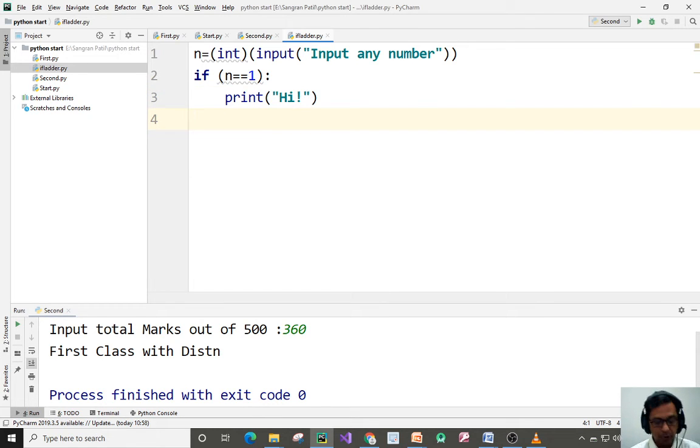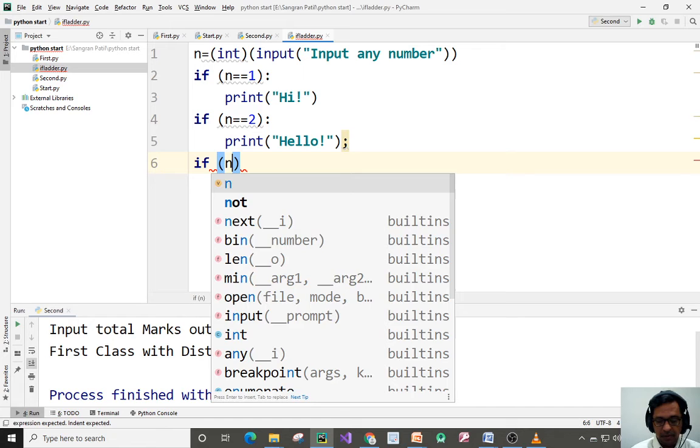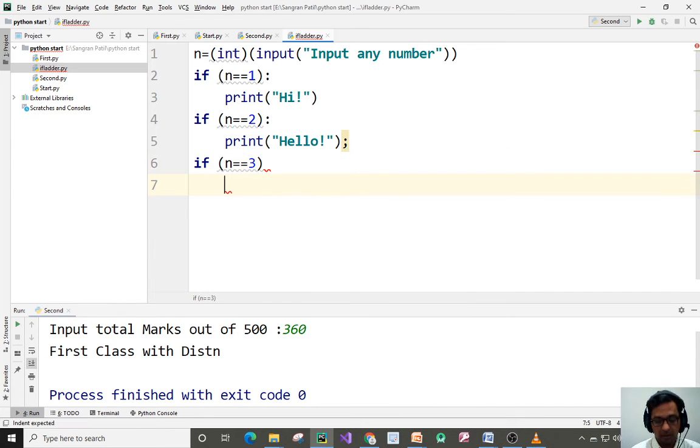If n is equal to 2, I want to print hello. If n is equal to 3, I want to print welcome like this. Okay, and if it is other than this, we don't want to do anything.